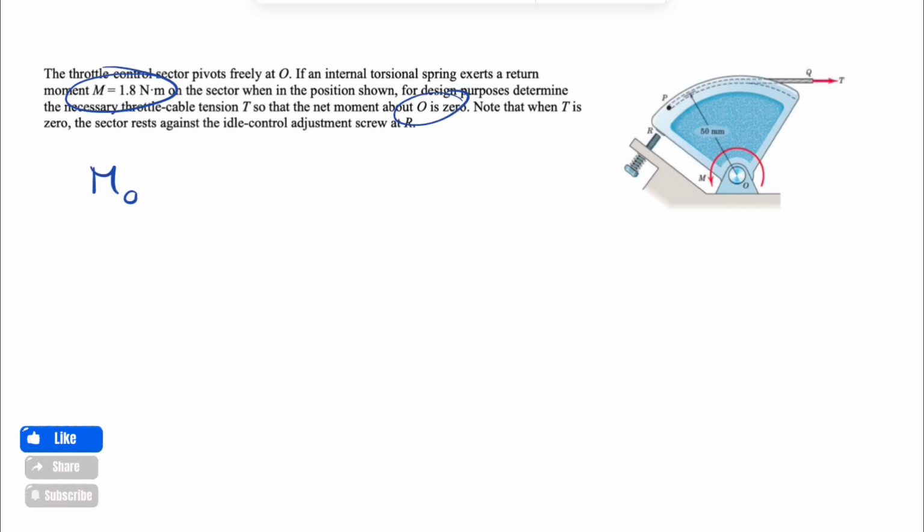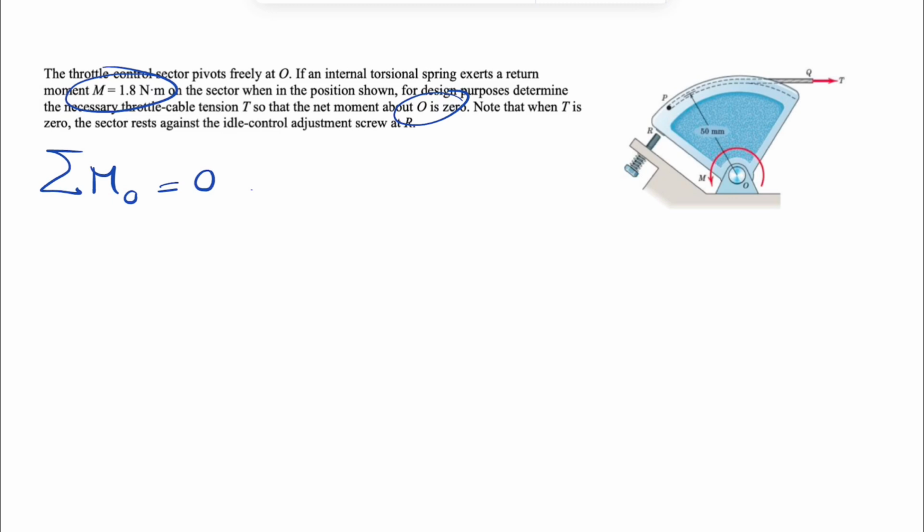That's our given. And we have a note at the end of the question: when the force T is 0, the sector rests against the idle control adjustment screw at point R. So we can see the screw at point R, so it can rest on that screw when we don't have any force T. We need to find the sum of all moments about point O, which we know is 0, and